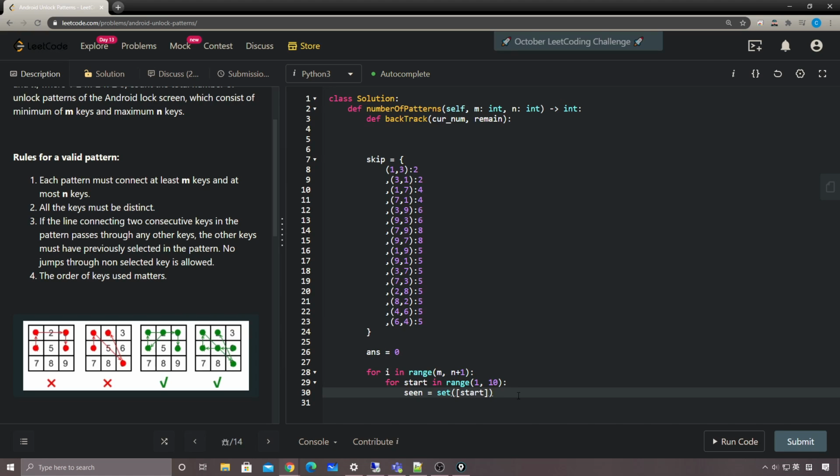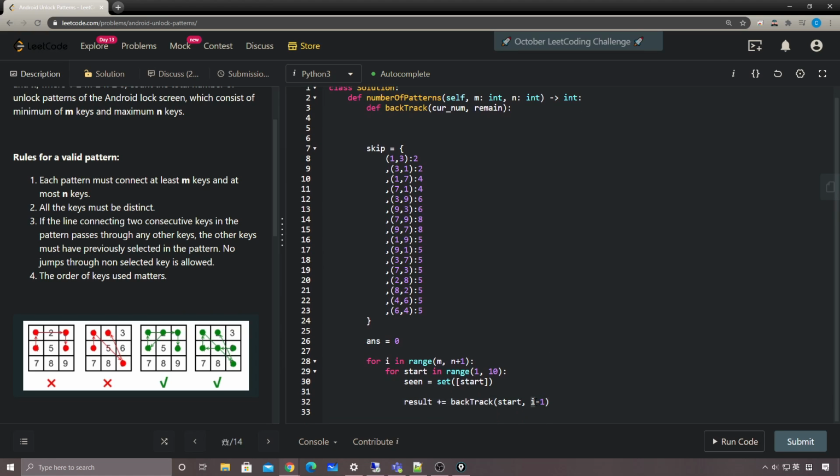we have already seen this start point, and then result plus backtrack, right? Plus backtrack, we have a start point, and then we have I minus 1. Okay, because we have seen this one, so the remaining is I minus 1. So the reason, like I said, is we're maintaining the previously visited numbers here, so later on we can use the previous one plus the next one to check if there are any skip numbers we need to verify. Okay, and in our backtracking method,